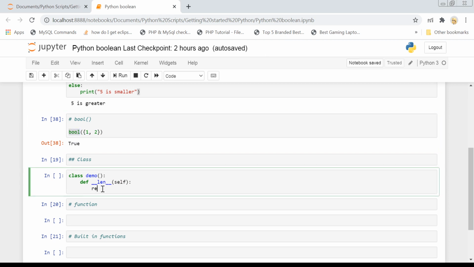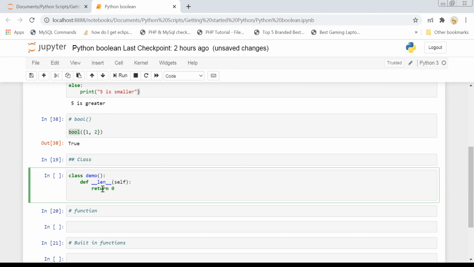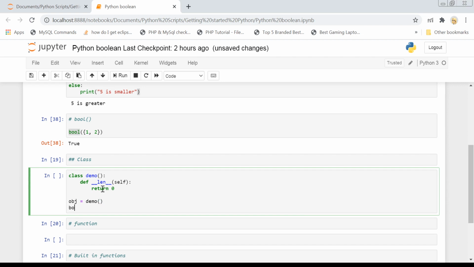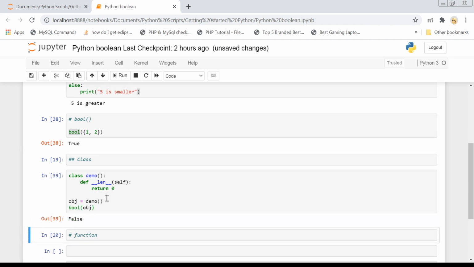Now in this len function, if you are returning a value 0, then if you create an object of this class, for example, obj equals demo, and now you call bool and pass obj inside it, you see that obj has returned false here. Similarly, if I return true from this, then it will return true.